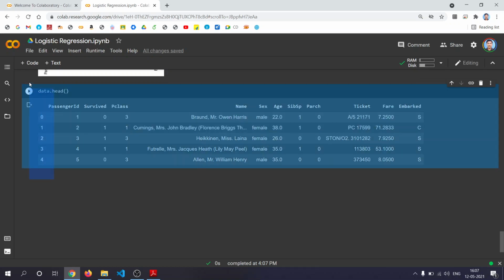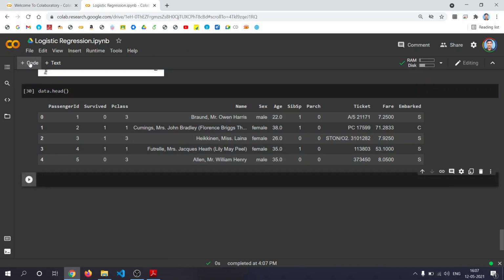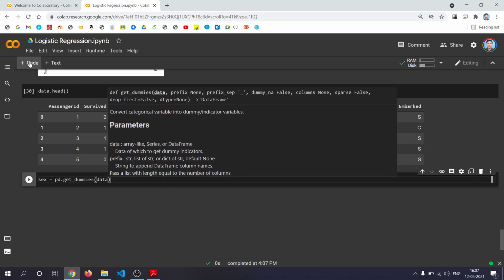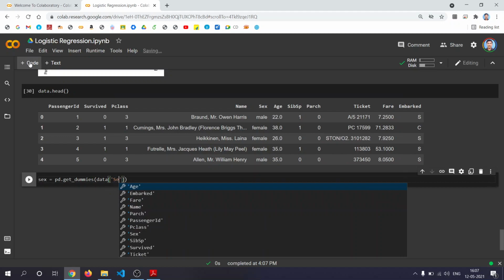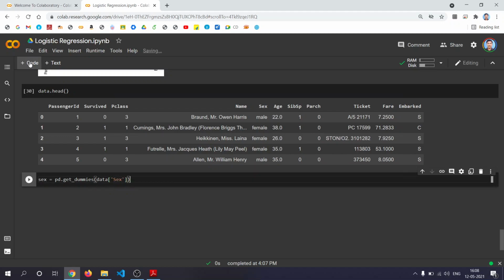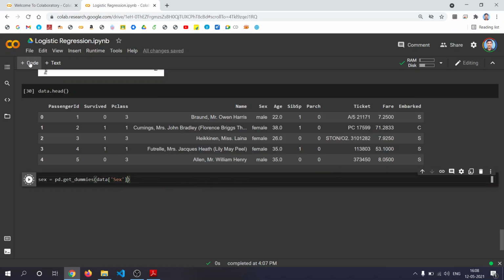So let's do it. The first step is we'll get a dummy value. So sex equal to pd dot get_dummies. From where do you have to get dummy values? Data of sex. Corresponding to that, you need to get the dummy values. Let's see the output of it.